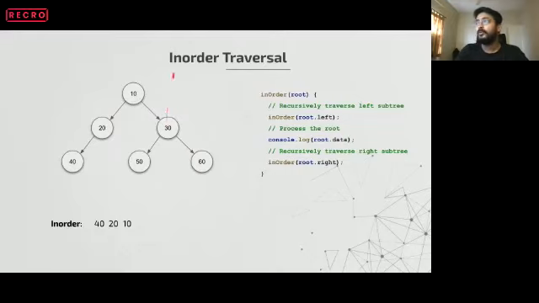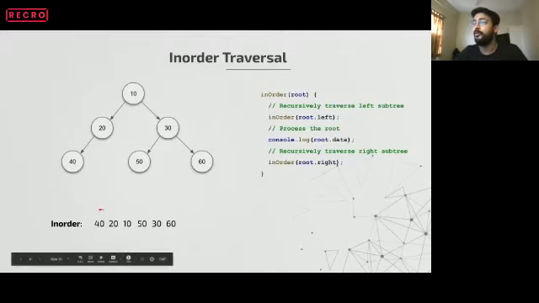Now 30 becomes our new root. But we cannot process 30 yet. We have to move to the left child of it, which is 50, correct? Now 50 does not have a left child and does not have a right child, so it's time to process 50. Again, 50 is done, so the left part is done. We have to go to root, which is 30. We'll process the root and we'll move to the right child of it, which is 60. Now for 10, this is done. This was in-order traversal. Any doubt over here? How did we write this in-order traversal for this particular tree?